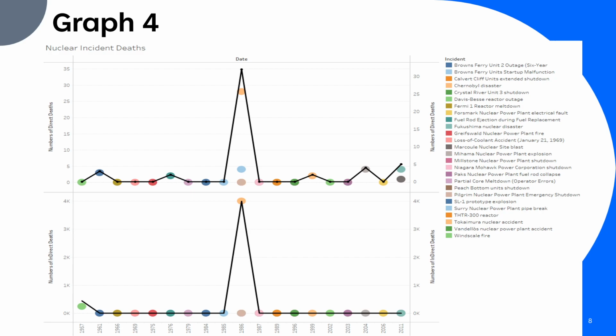The first thing that I thought of was people thinking it's dangerous. It's nuclear energy. When people think of nuclear energy, they think of nukes, they think of nuclear bombs, and that really scares people. So I looked at how dangerous nuclear energy actually is, which leads me to this graph. If you look at the top two of these graphs, it shows how many direct deaths nuclear energy has caused, and you will notice that it is shockingly low. For global nuclear energy deaths, the highest peak of any year is less than 40.